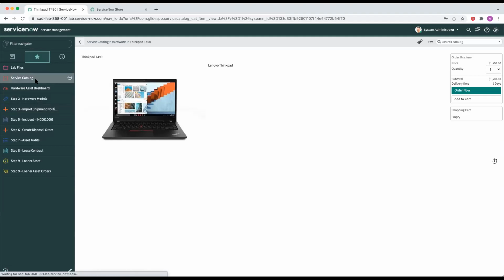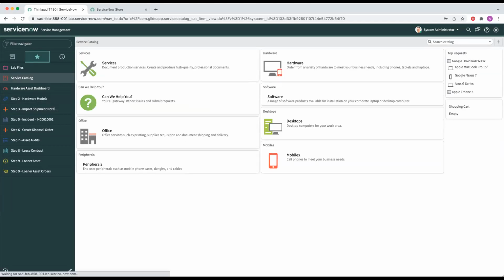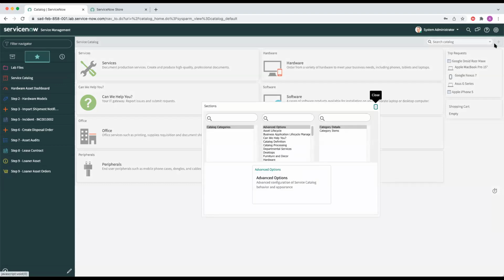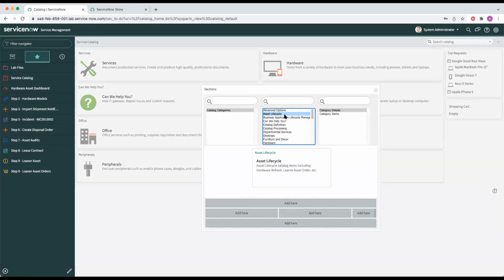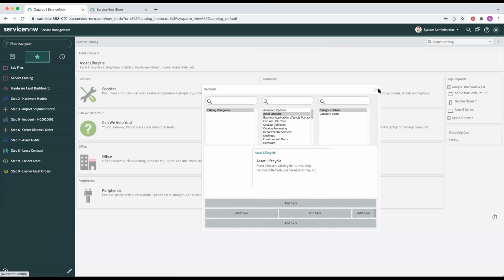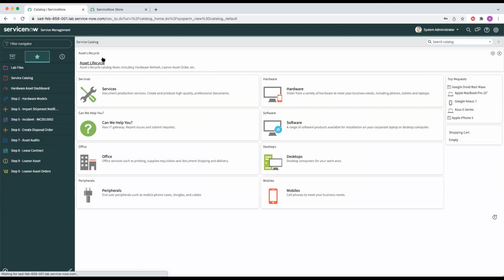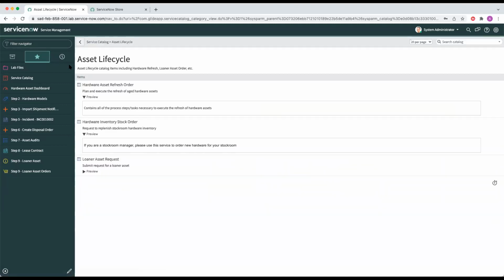So from here, we're going to hop into our service catalog. I'm going to add something called Asset Lifecycle, which you can see here. Add it right to the top. And now I can see a couple of workflows that are available to me, right? Hardware asset refresh order, hardware inventory stock order, loaner asset request, and in your instance, we'll have the RMA process as well. I'm going to do a hardware inventory stock order